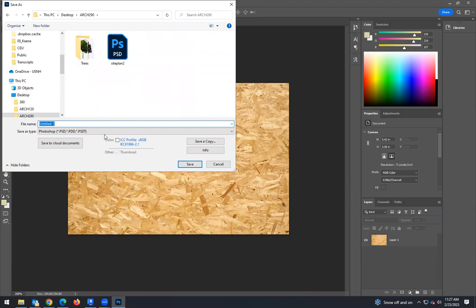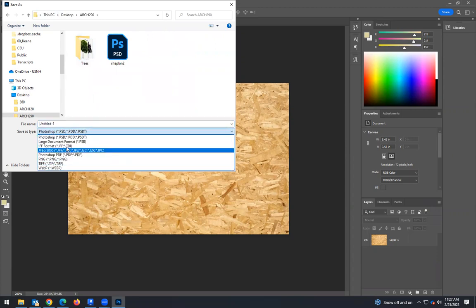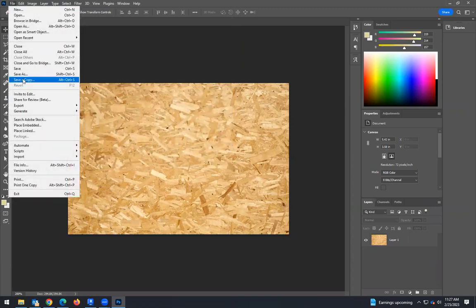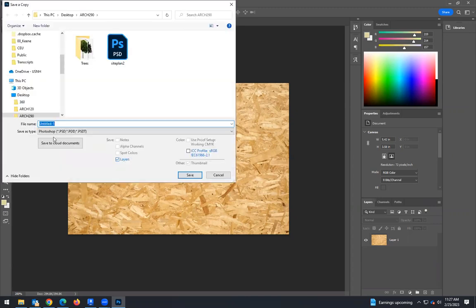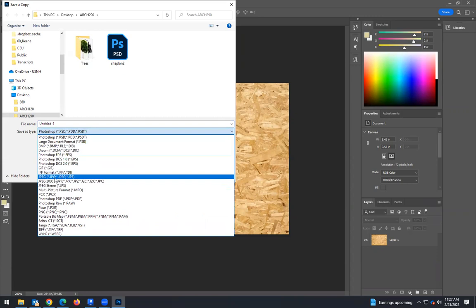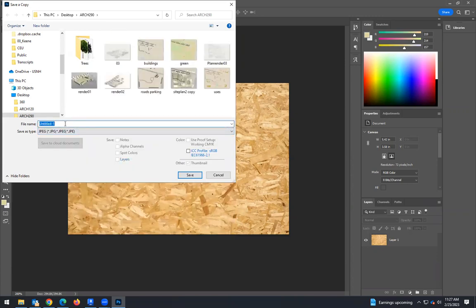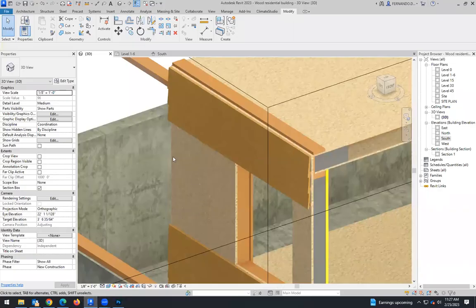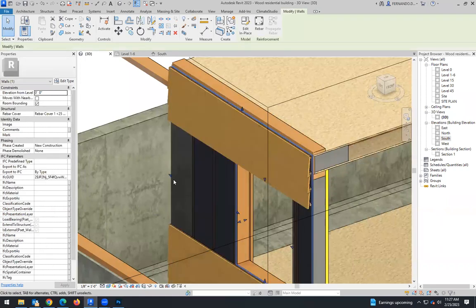Sometimes you have to save a copy, because we want a JPEG, and that's OSB. Okay, now you open Revit again, you come back here,